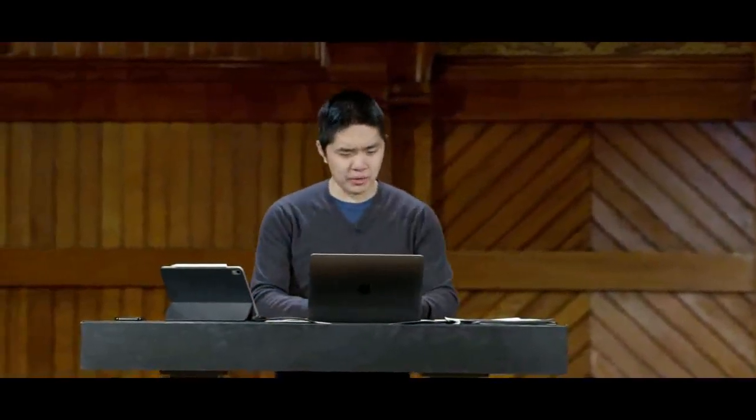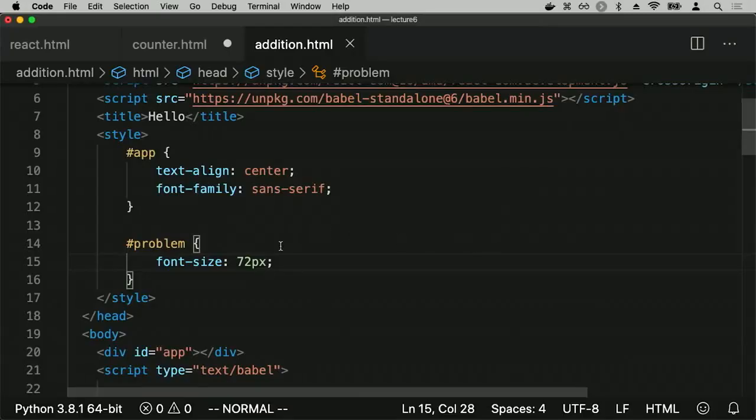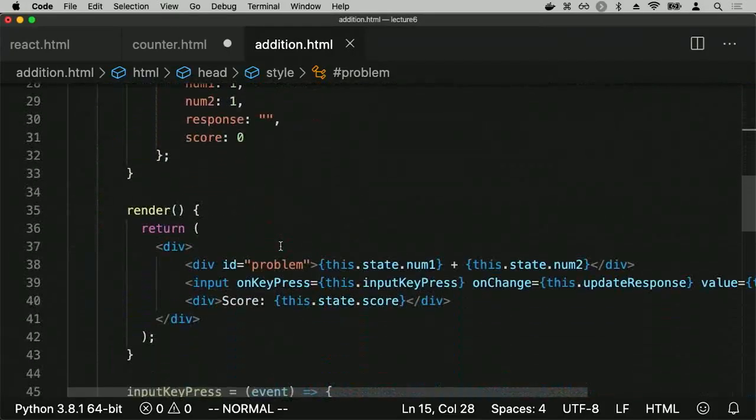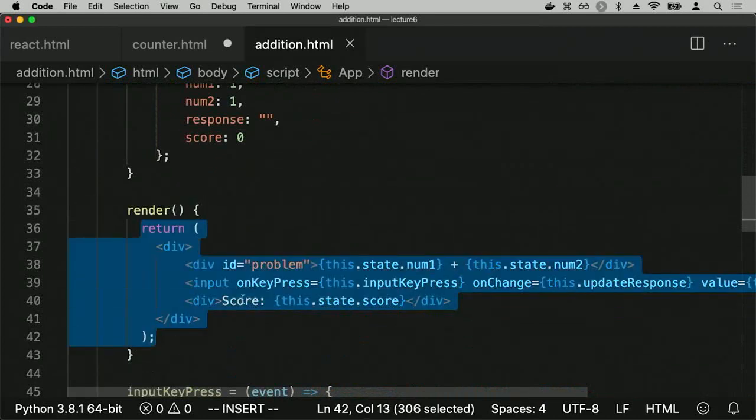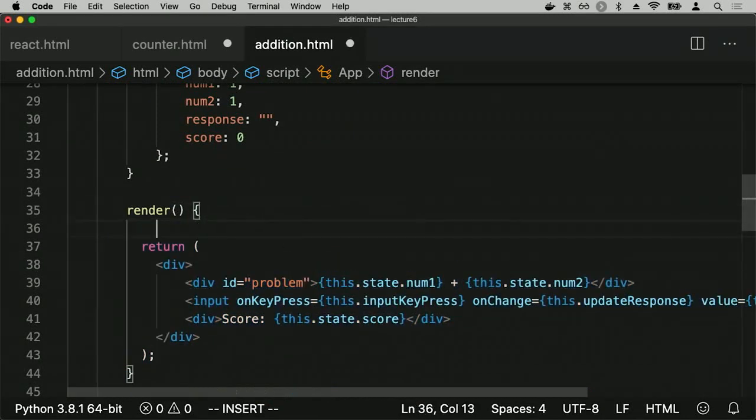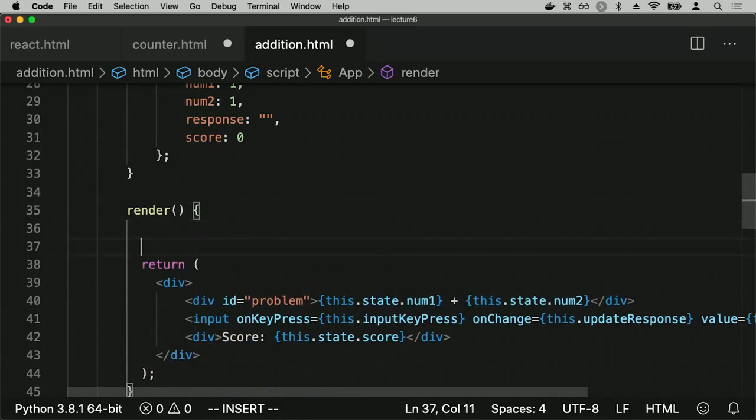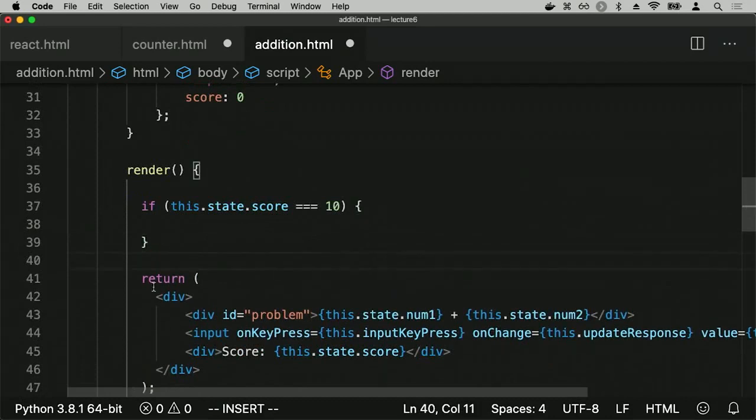Well, I'll go back to addition.html, and let's look at the render function. Right now, the render function always returns just one thing. It's always going to return the problem, an input field, and a score. But maybe I can add some additional logic. This is a JavaScript function, so I can add any JavaScript logic that I'd like. I can say something like if this.state.score equals 10,